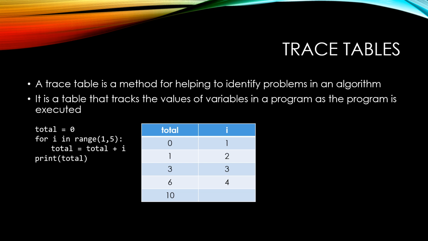Sometimes a trace table will also show a column for outputs. If we had anticipated that the output of this program would be 10, then this trace table will have confirmed that our program works correctly. However, if we were expecting the output to be 15, we would have found out that there's a problem and we need to modify our for loop to for i in range 1, 6 so that it has the desired